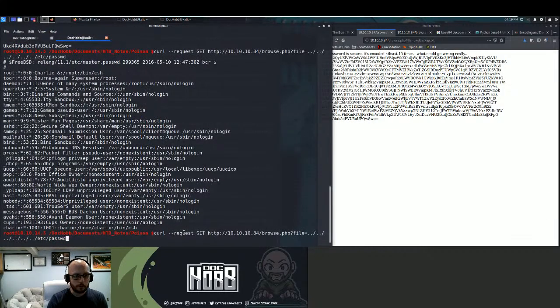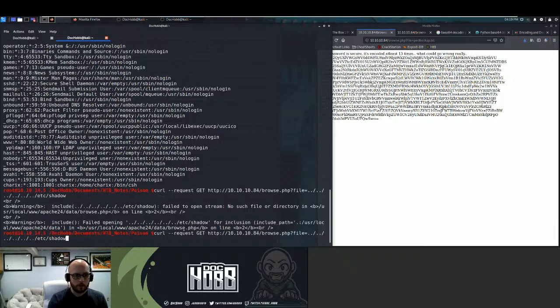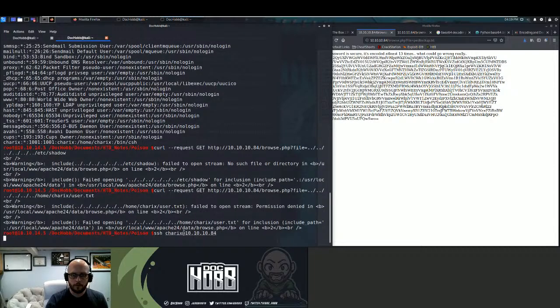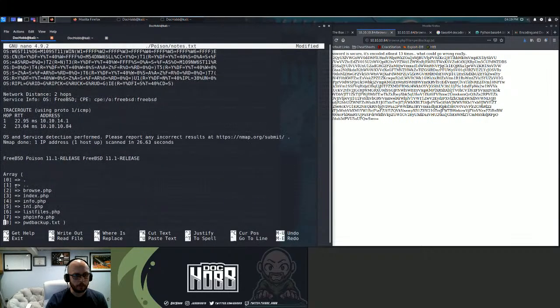Let's just see if we've got anything else. I mean, I highly doubt it's going to work. Let's see if we can get straight to the user flag, maybe. Charix user.txt. Nah. I was ambitious, hoping that I'd get a flag right off the back of it, but really. Let's go try that password.